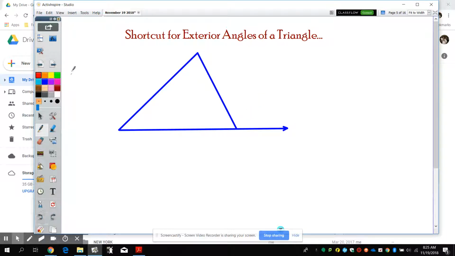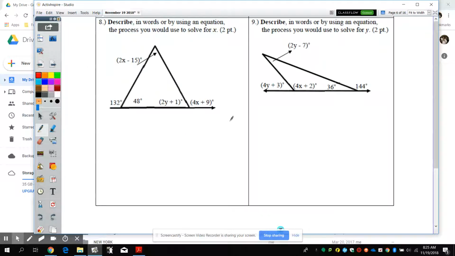is with a problem like this. Notice we have some exterior angles here, and so I could start off with this side over here, or I could start off with this side over here. It really doesn't make any difference. Either one of these, this exterior angle, 4x plus 9, is going to be equal to the sum of the two angles that are not right next to it, which would be this one and this one right here. Okay, so I can put 2x minus 15 plus 48 will equal that one on the outside,